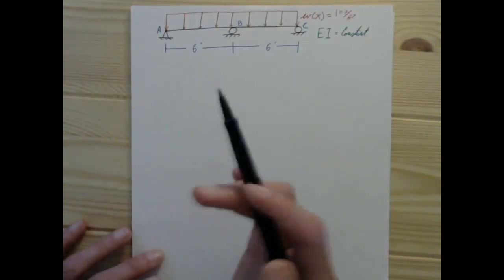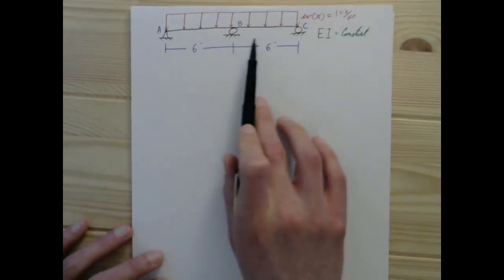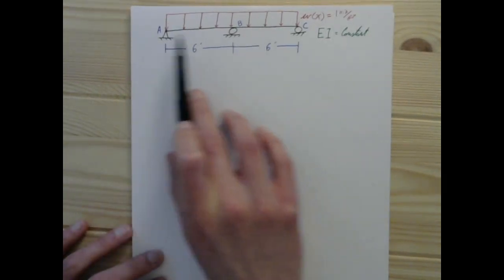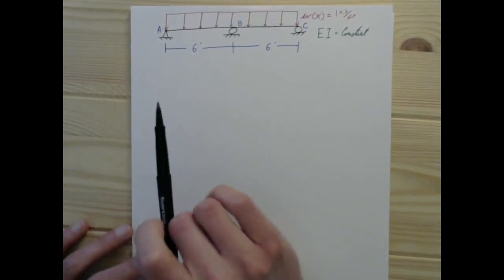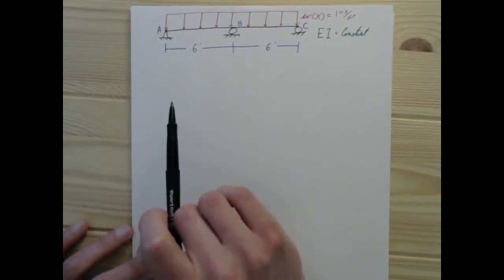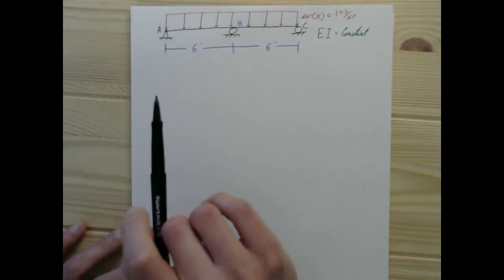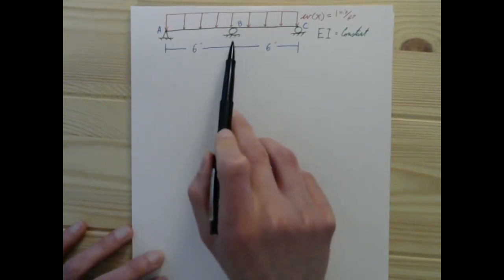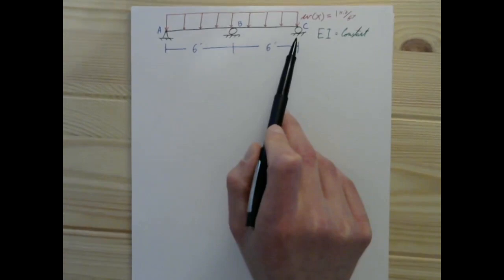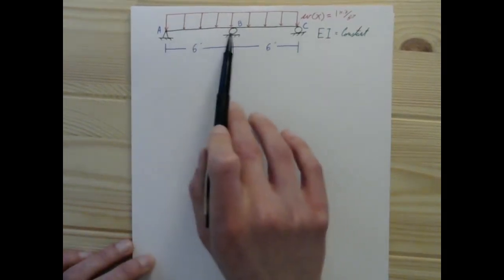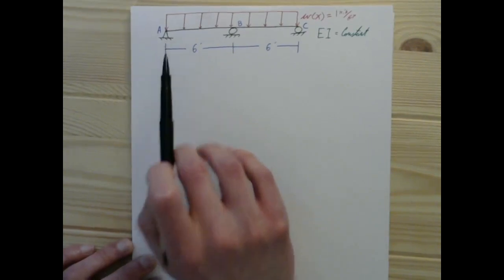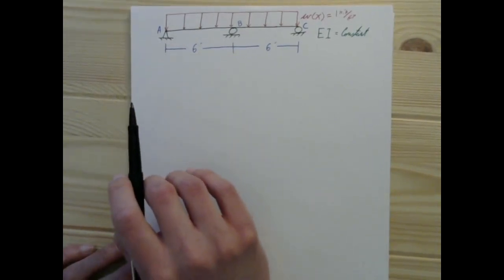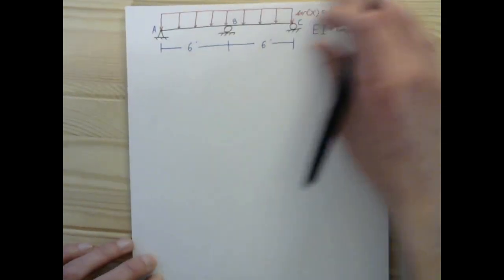Previously, with what we've learned so far, if given a problem like this, where we've got our four reactions and we have no equations of condition, we'd find this impossible to solve. We would not be able to solve for the reactions at A and B and C, because we've got these three reactions in the y direction and a reaction in the x direction, and we don't have any equation of conditions. So we've only got our equilibrium equations